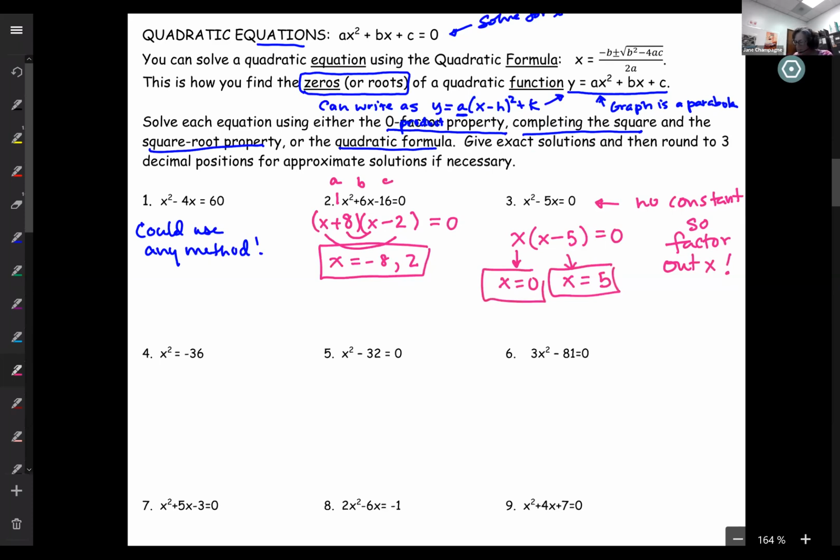Numbers 4, 5, and 6, these are all missing an x term, right? No x term. So these, you want to just use the square root property. I'll say the plus or minus square root property. Number 4, x squared is negative 36. So x is plus or minus, don't forget that, the square root of negative 36. What is the square root of negative 36? It's imaginary,